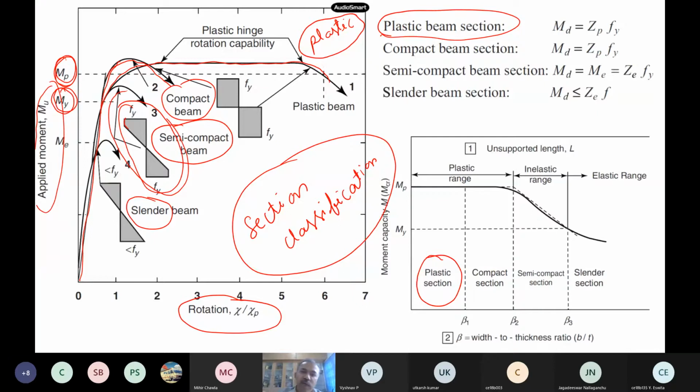And now here the most important thing is your bending capacities. It depends on your type of the sections. Very, very important. Suppose if it's a plastic section, the bending capacity will be simply plastic modulus into Fy. Suppose if it is compact, still it is Zp into Fy, because the compact also reaches this MP. But if it is semi-compact, where it lies between My and Mp, approximately My, the design capacity, you have to use this elastic section modulus, not the plastic section modulus.